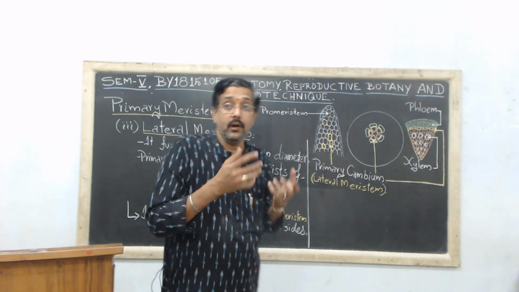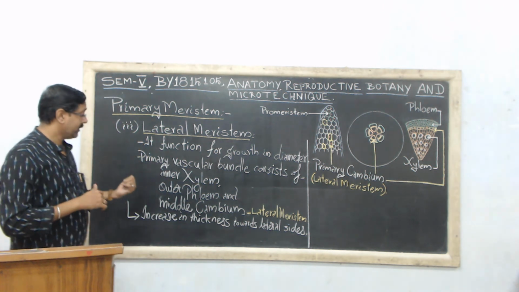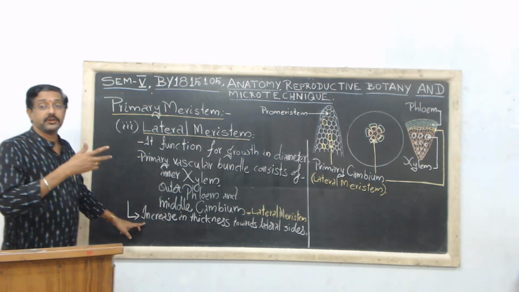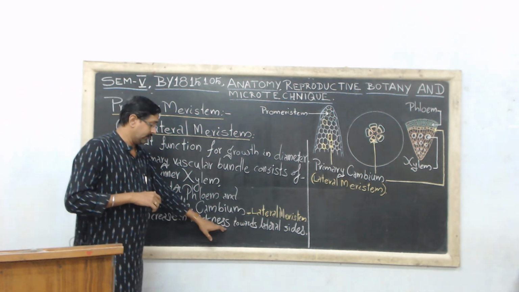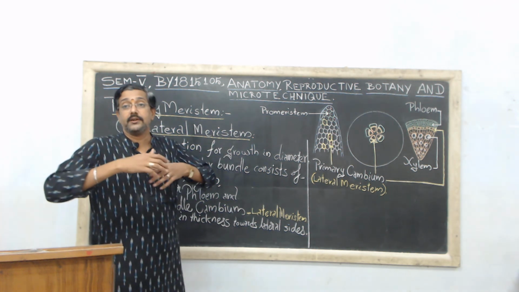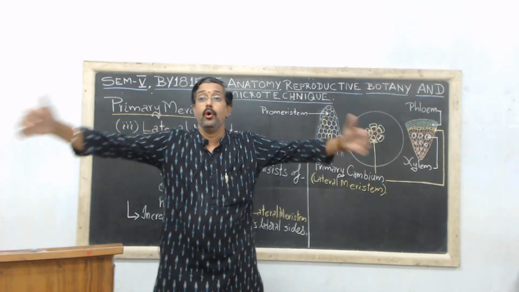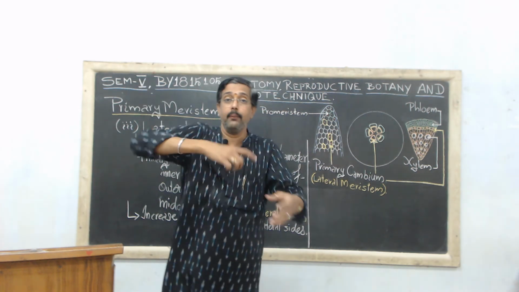And what about the third one? It is the lateral meristem, which functions for increase in thickness towards the lateral sides, that is, towards the periphery. So the girth or increase in diameter which is